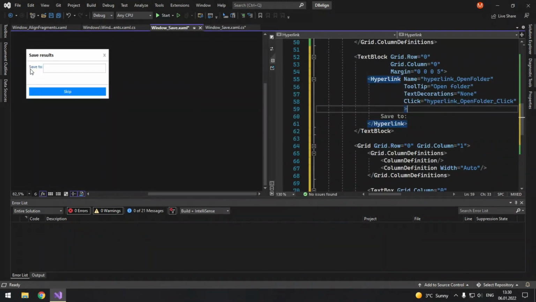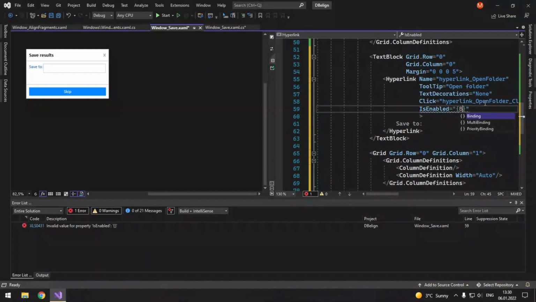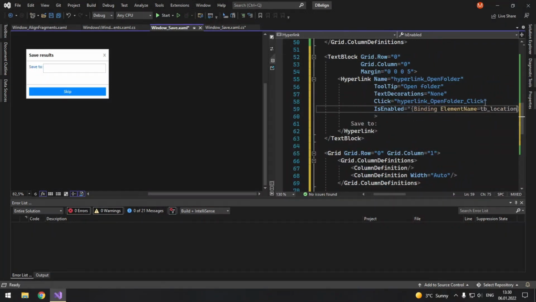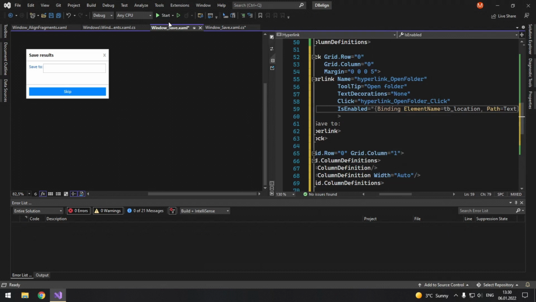We don't want this hyperlink to be active when we don't have text here. We will change the IsEnabled property. So we will need to bind to the element name tb_location, to its text. So Path equals Text. Let's try it. First of all, we will check what happens when we insert some illegal path.